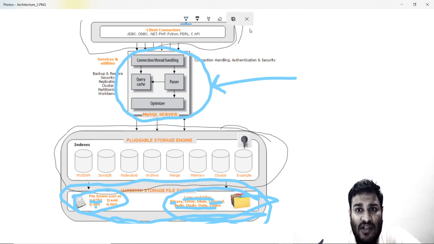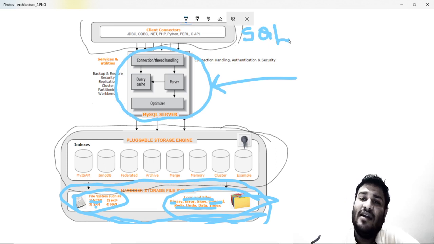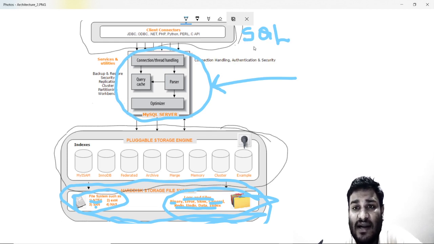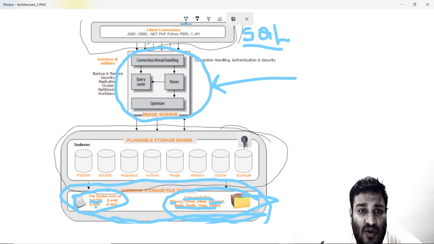At first you send the SQL request from your system to the SQL server. You can understand what a server is from my previous series on computer architecture. So at first you send an SQL request from your client machine, and this request goes up to your SQL server.